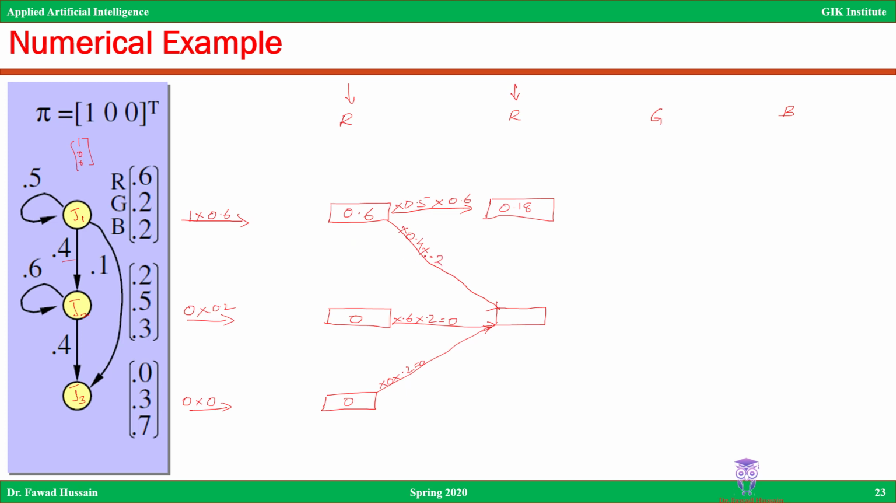So essentially it is 0.6 multiplied by 0.4 multiplied by 0.2, which is 0.048. And what if we selected the second red ball from the third jar? This could have been either we came from this,